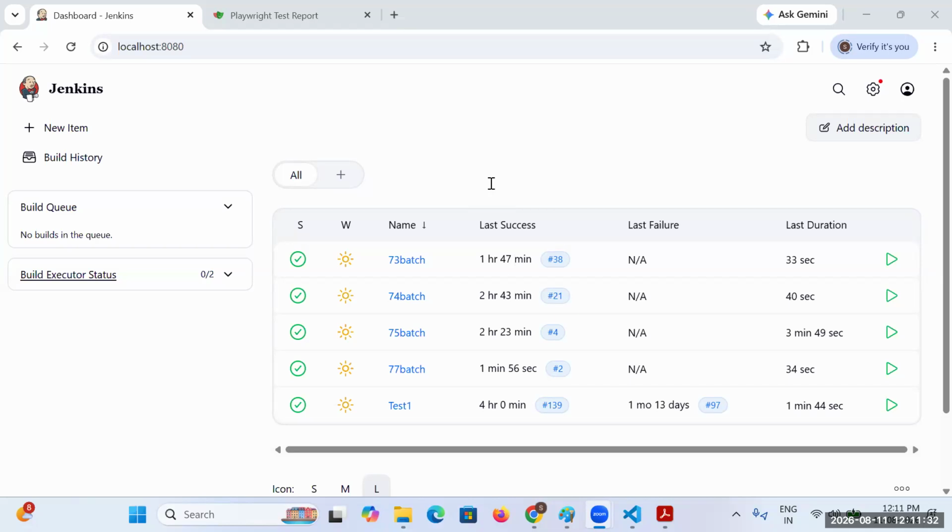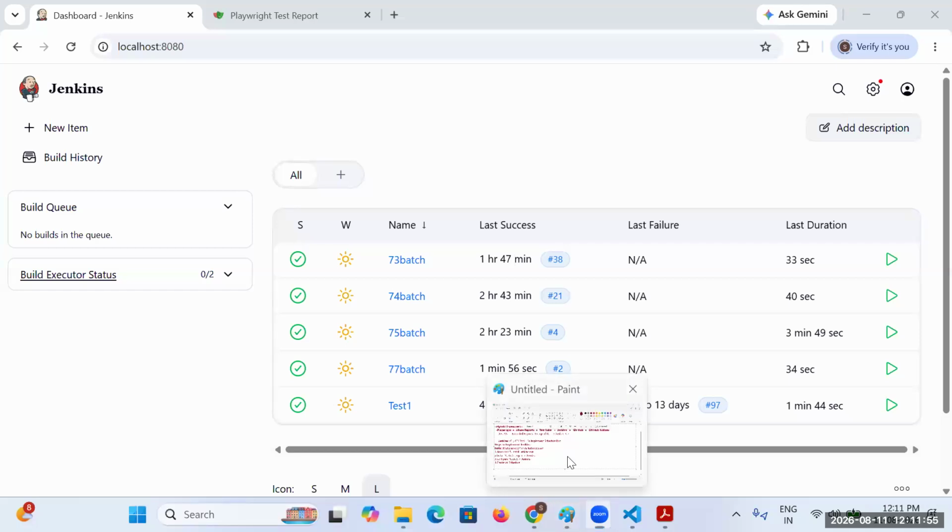So this is the perspective of creating that schedule.